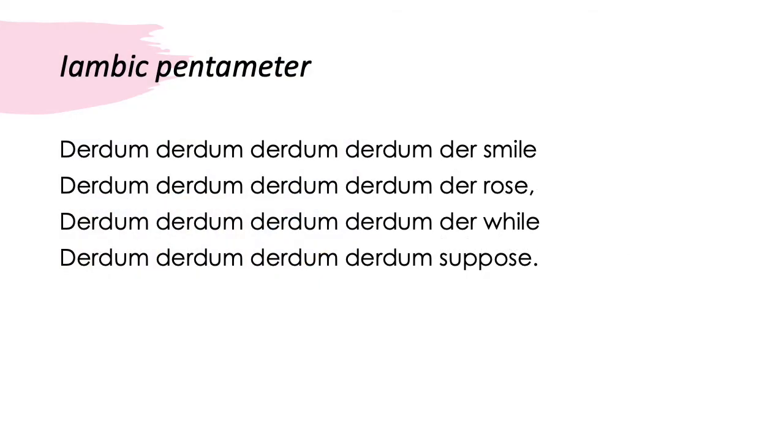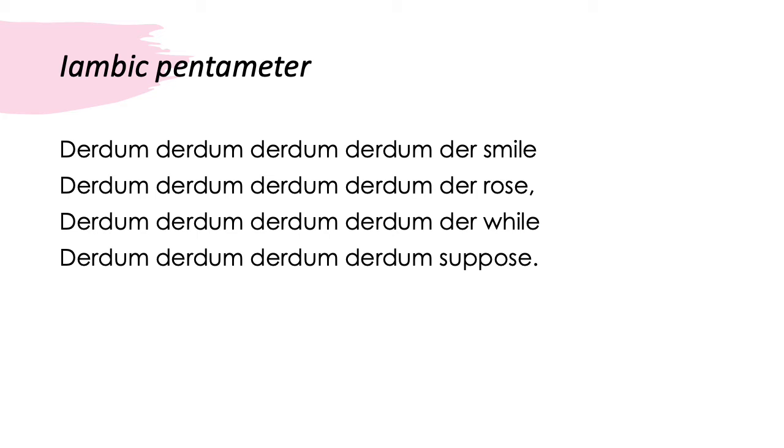So this will look a bit weird, but this is how you can make iambic pentameter make sense for you and include your rhymes. At the end of each line, you'll see that I've put four of my words. I've got smile, rose, while, and then I've chosen suppose to rhyme with rose. So for the first line, we know that iambic pentameter contains five iambs, remember,